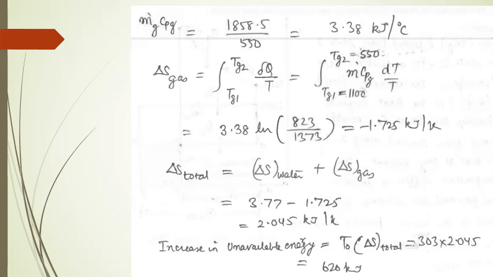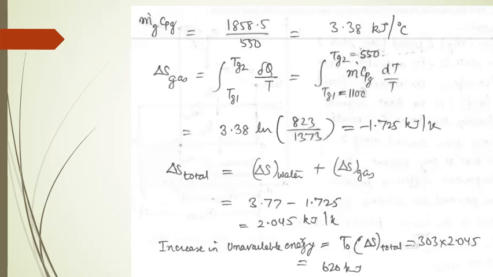So mg dot Cpg is equal to 3.38, put over here into natural log of 823 upon 1373, which comes out to be minus 1.725 kilojoule per Kelvin. Now the total entropy is equal to entropy of water plus entropy of gas, which comes out to be